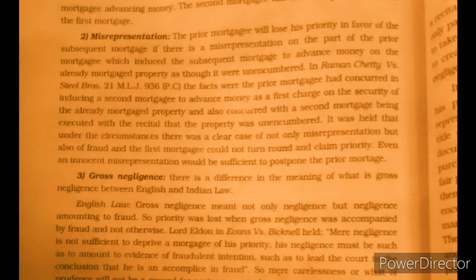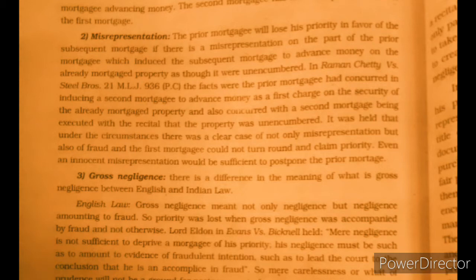Start. The prior mortgagee will lose his priority in favor of the subsequent mortgagee if there is a misrepresentation on the part of the prior mortgagee which induced the subsequent mortgagee to advance money on the already mortgaged property as though it were unencumbered. In Raman Chetty versus Steel Brothers, 21 MLJ 936 PC, the facts were the prior mortgagee